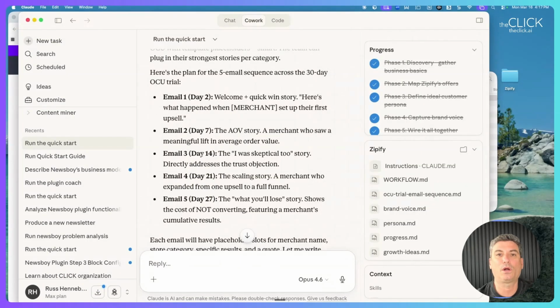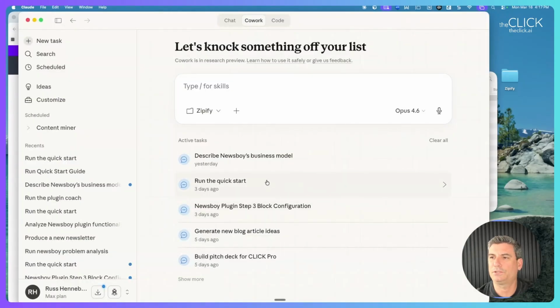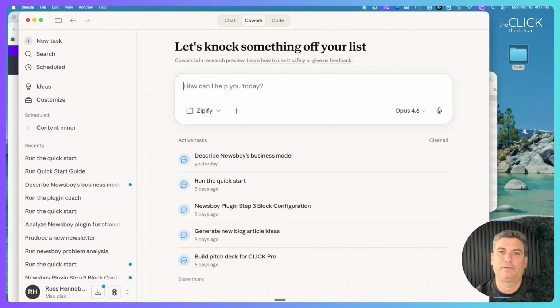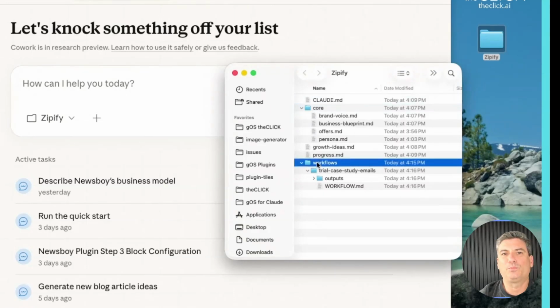Let's say you've got to go work on something else for now. You'll open a new task and make sure you root it into your Zipify folder that has Growth OS installed, which it does, right? So there's my Zipify folder. And I can now just start working on another task. Maybe I've got to work on some financials, or some other marketing campaign. I've got to set up an email promo or set up some ads or something like that. You start working in here and it will start to keep track of that workflow in here,